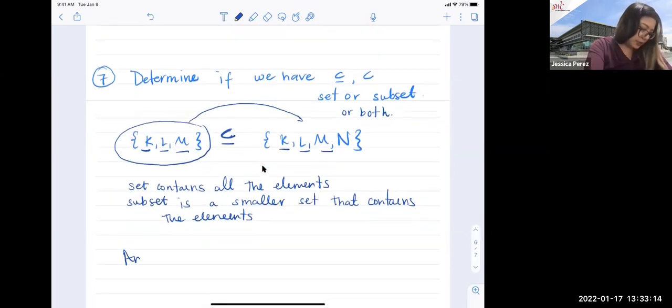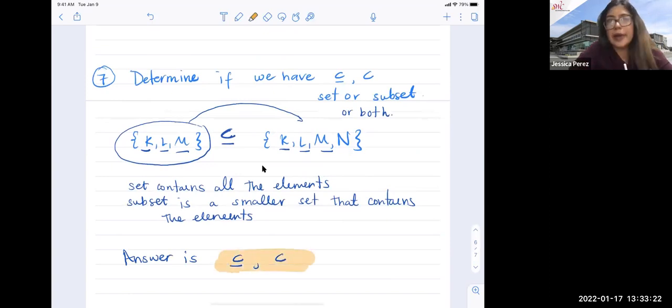So the answer is it's a set and a subset. They're both. It's a proper subset and it's a set. It's both. Okay? Because it's contained within each other. That's what this means. All right, let's go ahead and talk about a different